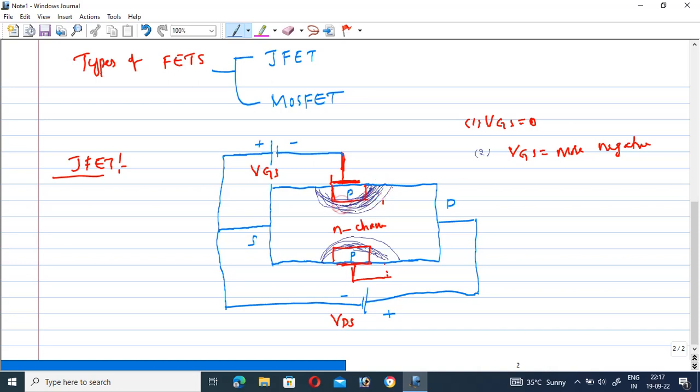This depletion region width concept is also very easy, guys. If you are concentrating here, it is a very small, very easy topic. So still if you are making VGS more negative, the depletion region width increases. But at a particular point of time,